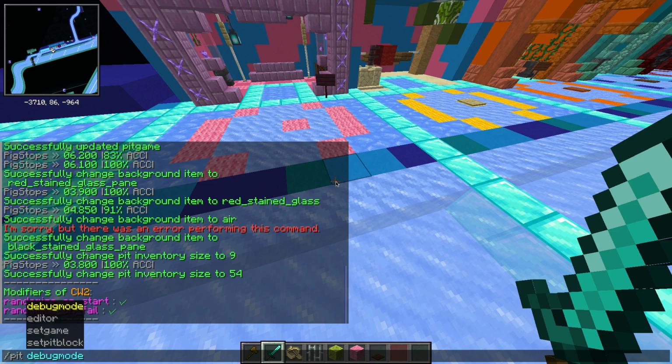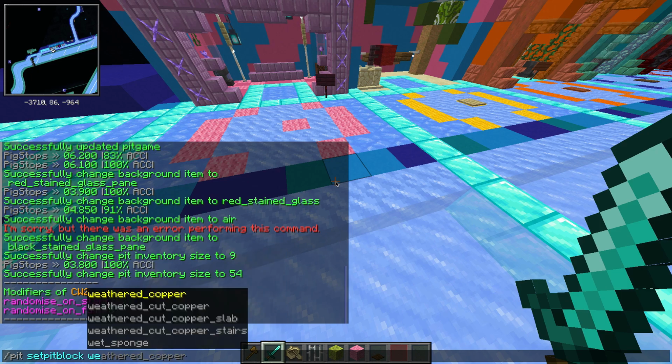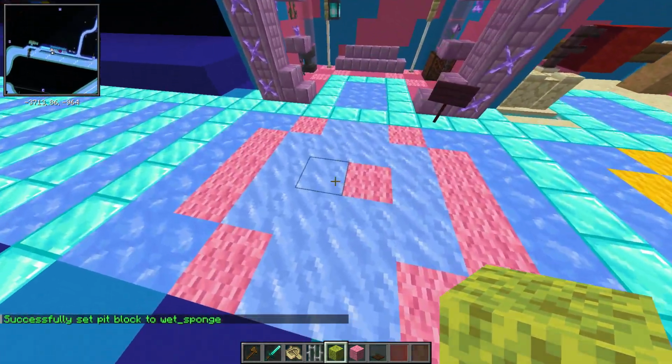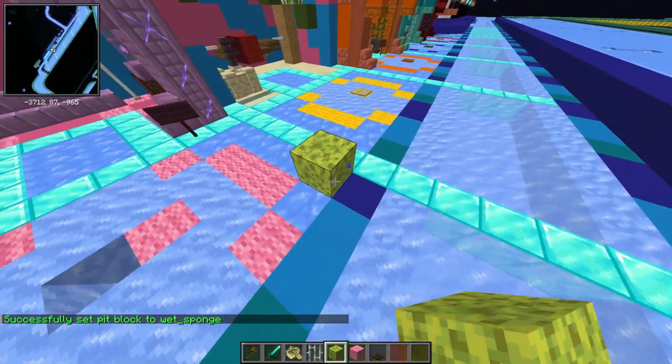Then you can do debug mode, oh, well, we'll get to that in a second. So let's say you want to change the block that the pit stop activates on. And this is global. All of these, like set game and stuff, is global, server wide. So let's say I do wet sponge, I believe is what they're using in Oink or Boat Labs. So basically that means that whenever you drive over,